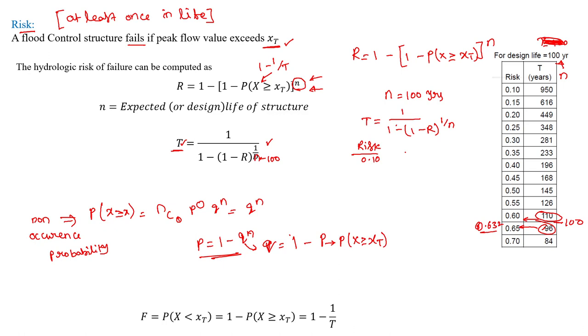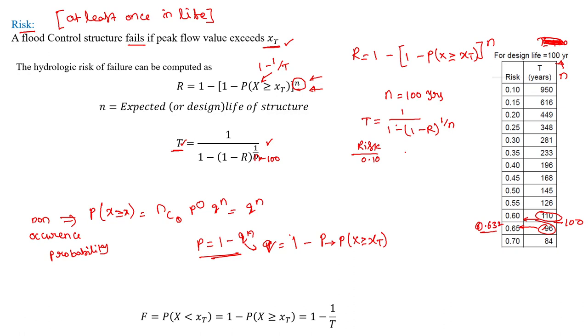Let's say one stream flow value was observed at some time in the past, and after some 950 years you may observe another such event. So this 950 years represents here